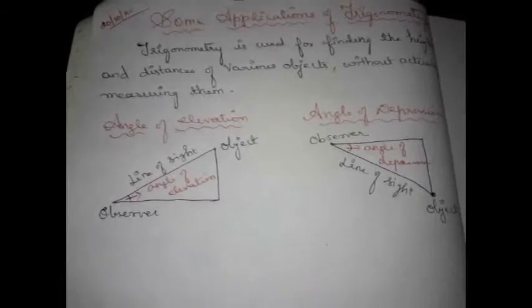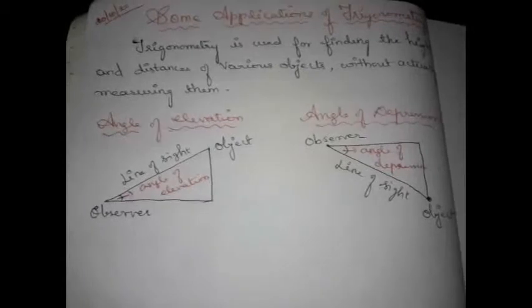And how are we going to apply trigonometry here? When you look at the figure itself, we can see it's a right angled triangle. If we know the angle of elevation or angle of depression and any one side or two sides, we can find the third side, or the required thing asked in the question, by using trigonometric ratios or the Pythagoras theorem. When we solve problems, you will get familiarized with this. We have only one exercise in this chapter, fully based on these two concepts, so we can easily solve. Let us move on to the exercise directly now.